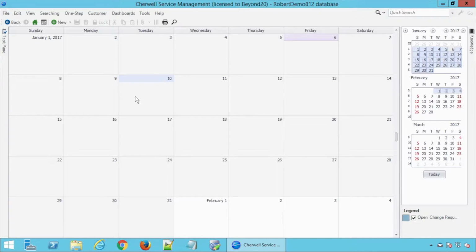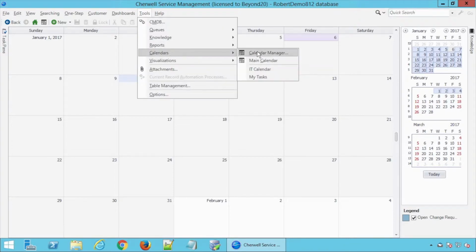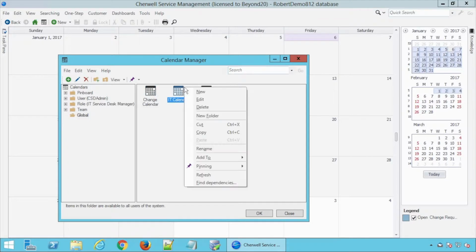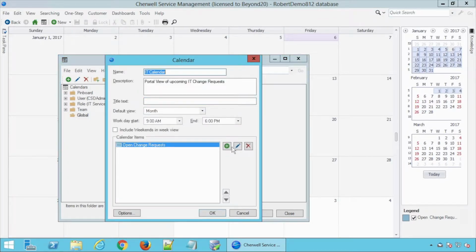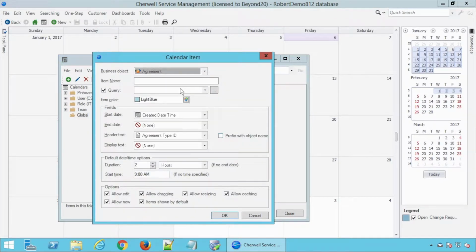the change calendar. However, let's say for some reason you had a use case where you wanted to actually include another object on there, but you don't want to display the object's info in the calendar. You just want to be able to have that in the new button menu option. You go ahead and do that by creating a new empty search. So if we go back to the calendar and we'll create a new item, and let's say for incident,